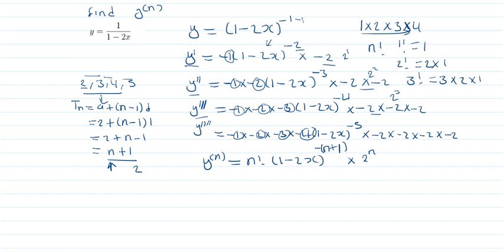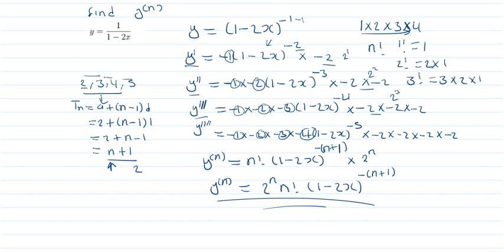After that, we can say our final equation is just 2 power n, and n factorial, 1 minus 2x, then everything to the power negative n plus 1. This is our formula here, the nth derivative, meaning that if you are asked to say find the ninth derivative, all you need to do is